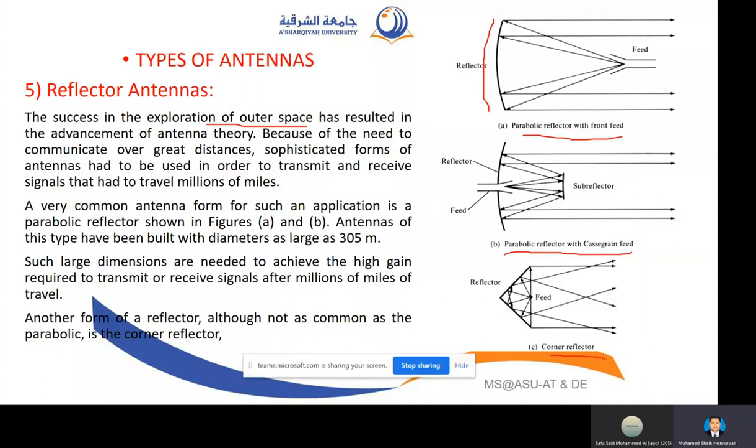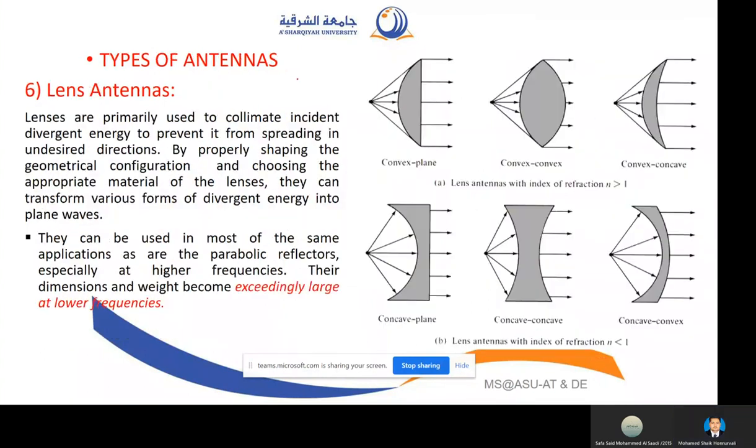And the third one is the corner reflector. This is not very common these days. We do not use this one much, but it is also a type, and mostly we use the two types of reflector antennas. Okay, next, the last antenna. The last type of antennas is lens antennas. Lens antennas are primarily used